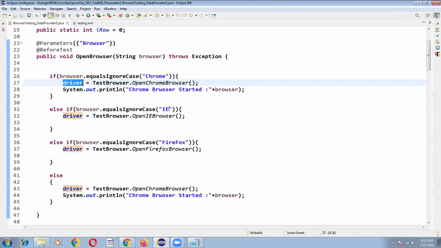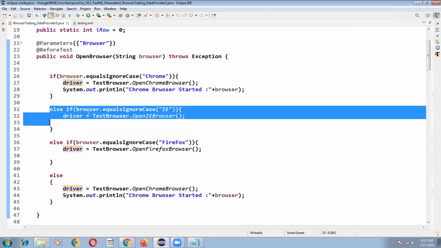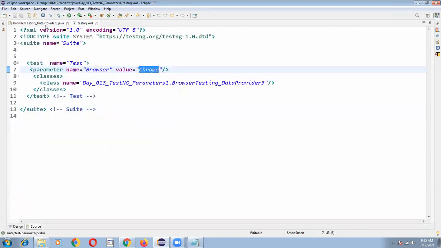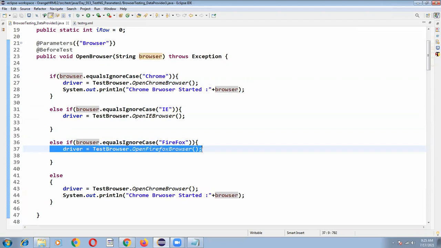If my browser equals IE, so if the browser value is not Chrome, the condition will go here. If you specify IE in your testng.xml, then your driver will be pointed to the IE browser. If you specify the browser value as Firefox, then your driver will be pointed to the Firefox browser.